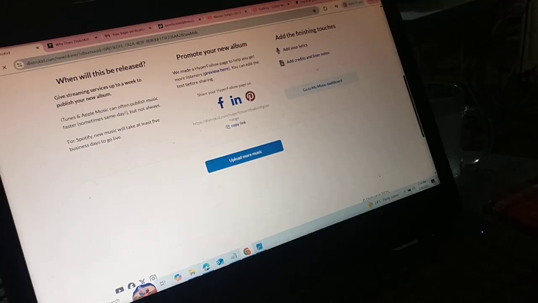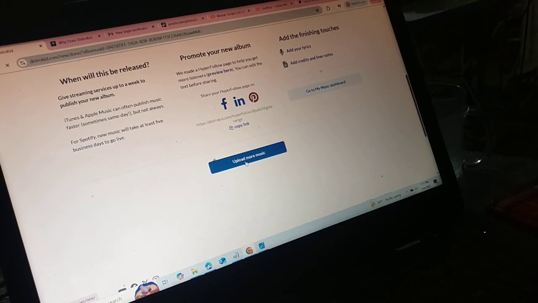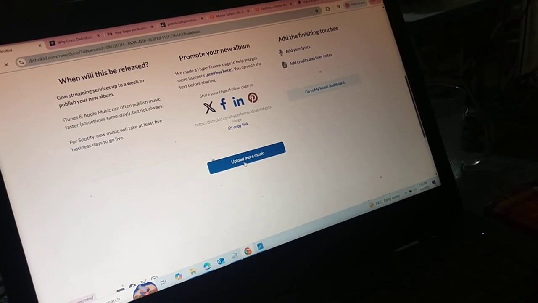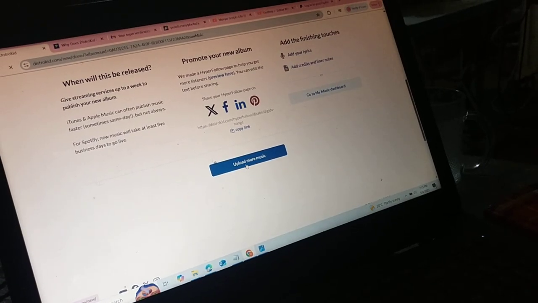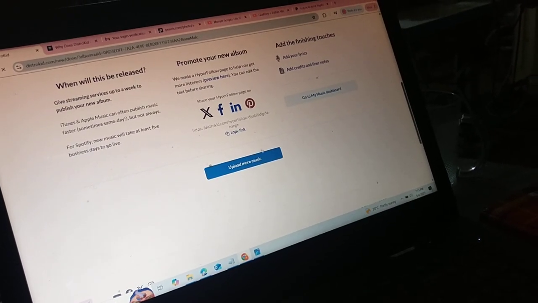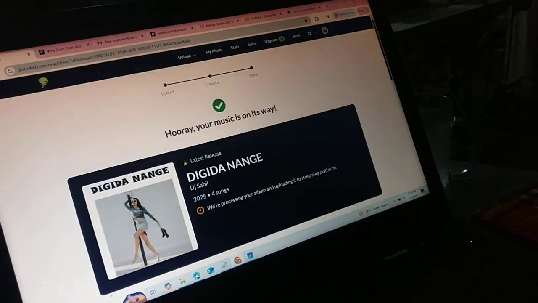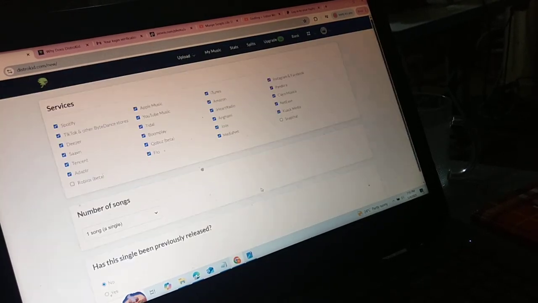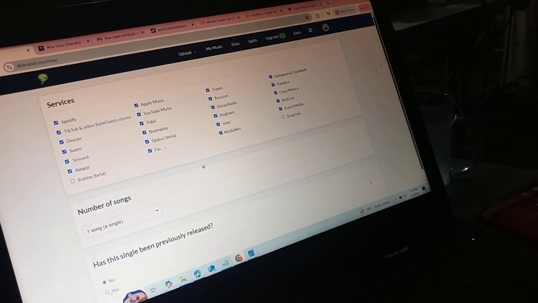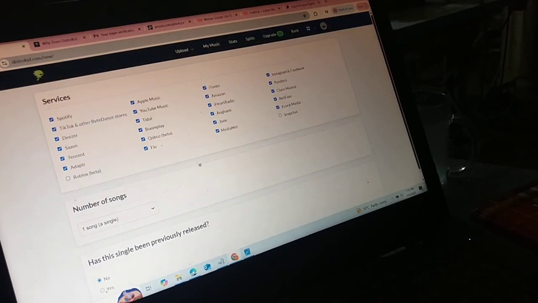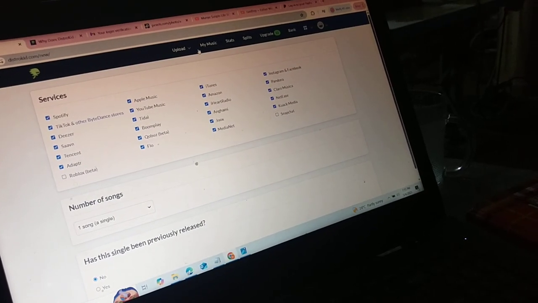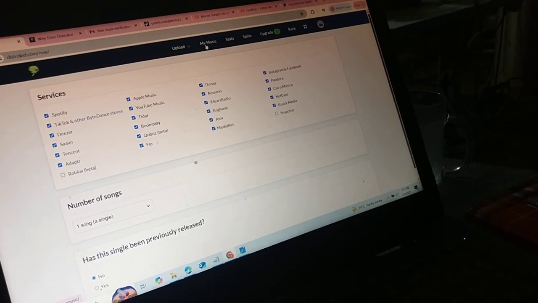Now besides that, you can click here to upload more music. The moment you click that, it goes back to where you can upload your music. If you want to see your music, you come to